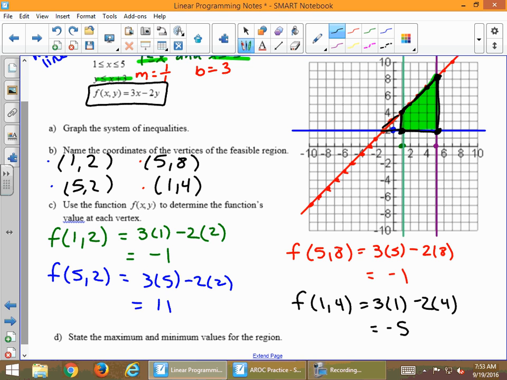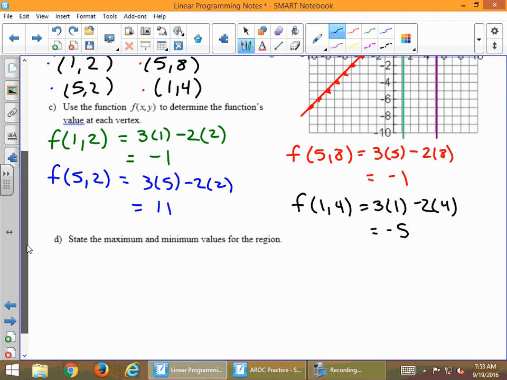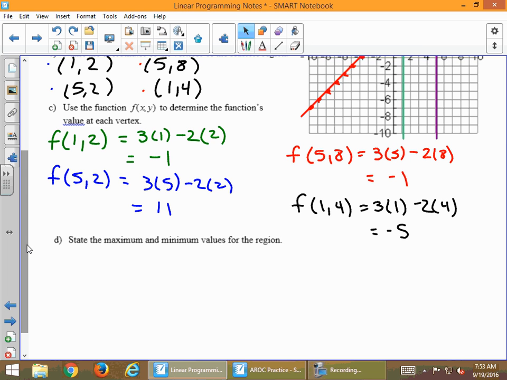So you have to plug in all points. All of them. Right? Don't just plug in a couple and think you have the answer. You have to plug in every single one of the points. And then using that information after you plug it in, which value is our maximum? What's the highest number? 11. So we have a max of 11